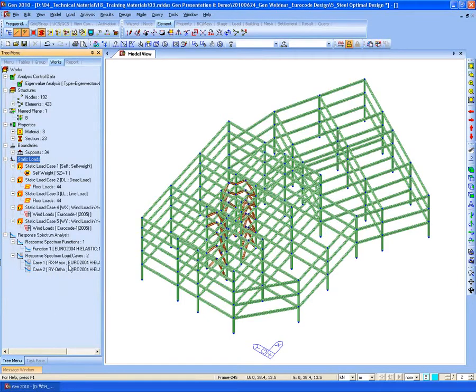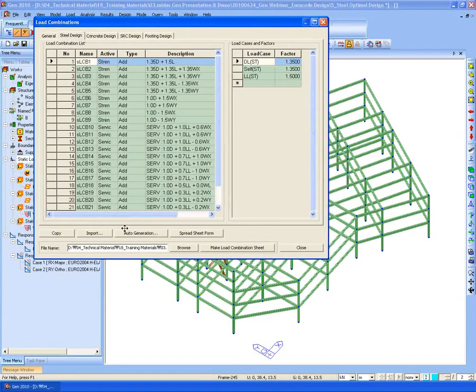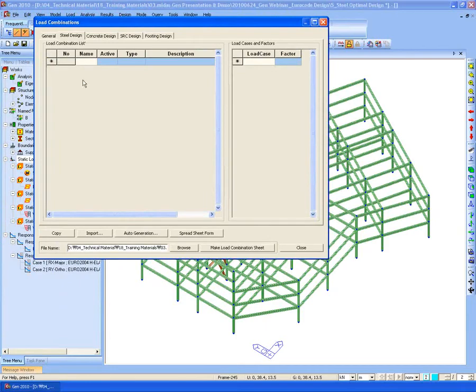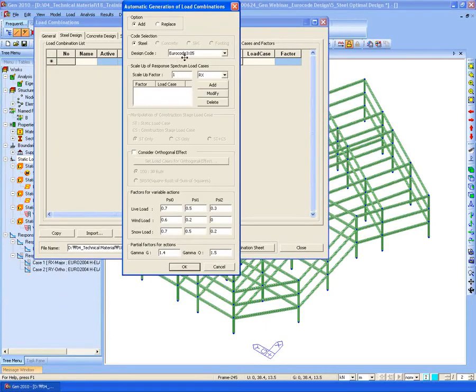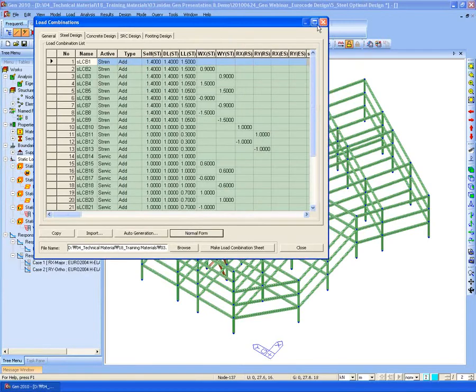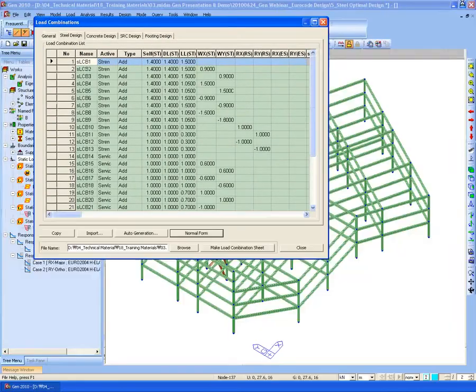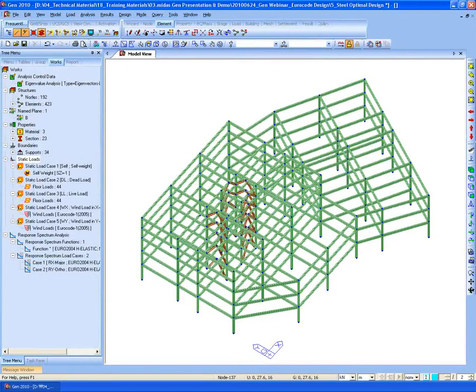And based on this, if we generate the load combinations, delete the previous one, and regenerate the load combination, the program can now consider the response spectrum in the load combinations.